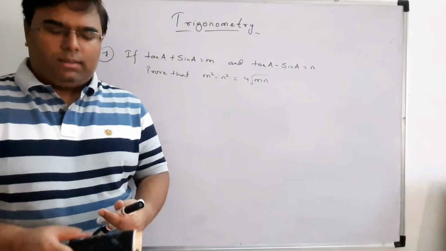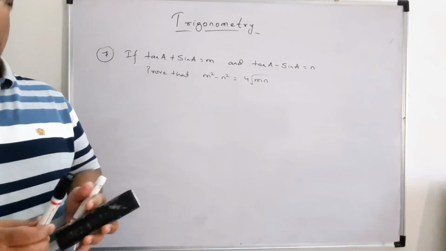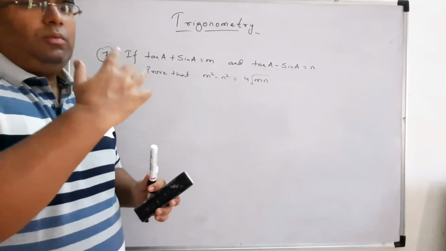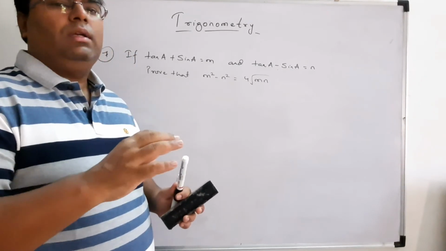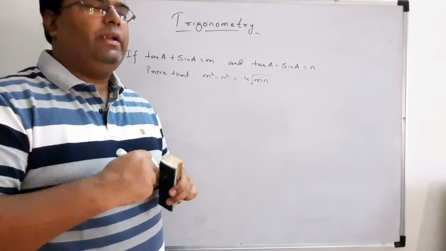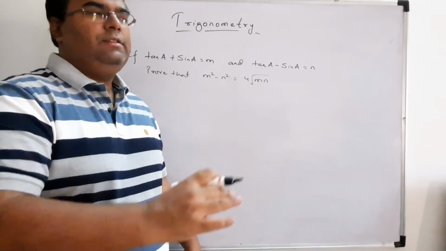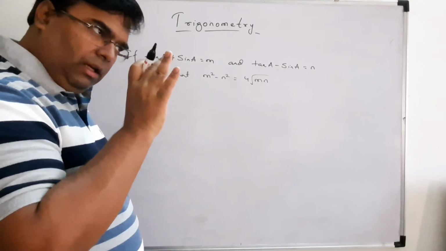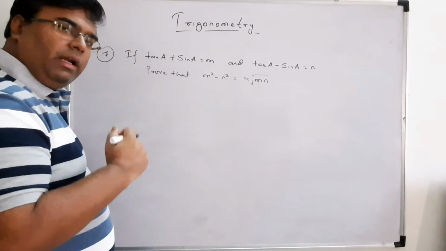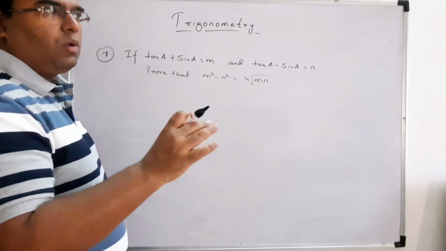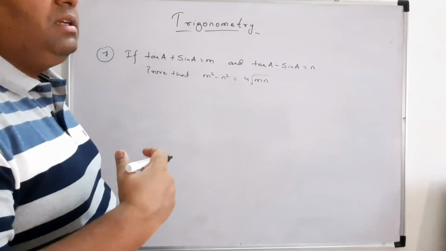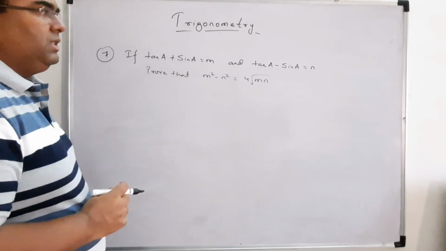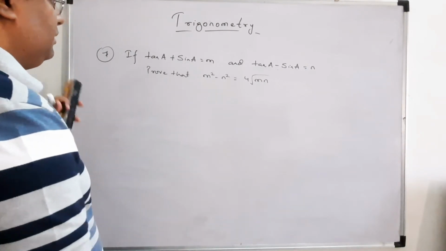Okay, let us take another example. Sometimes what happens is that in prove-that questions you start from LHS but you get stuck in between, right, and you don't know how to proceed further. So in those cases what you do, you just leave it there and start from RHS also, and you come to a common point where LHS and RHS both meet, and so we can say LHS is equal to RHS.